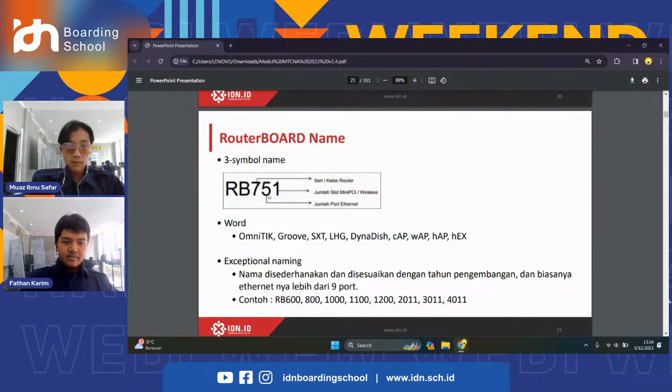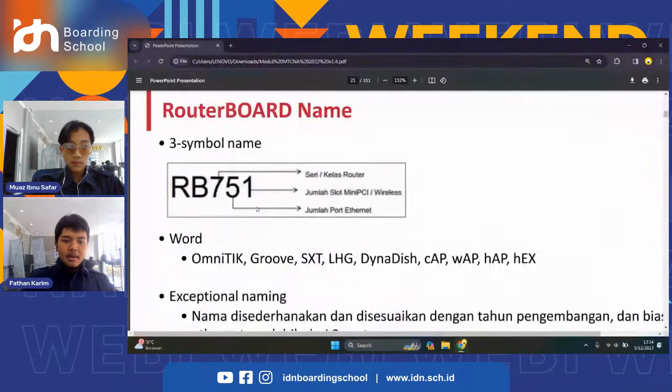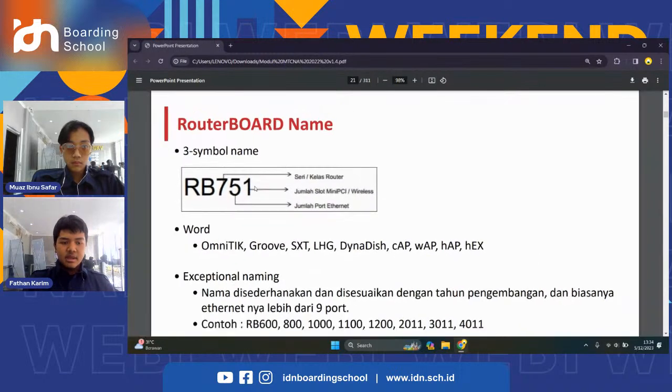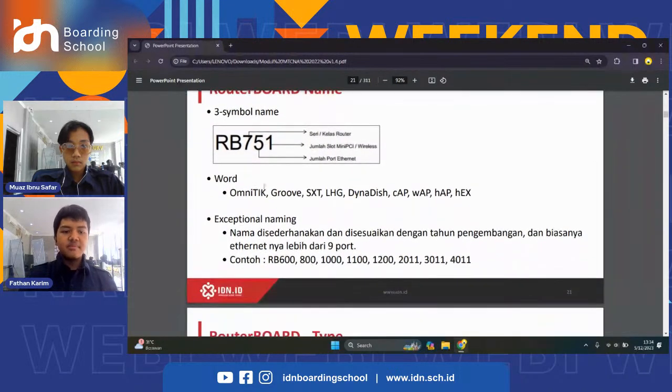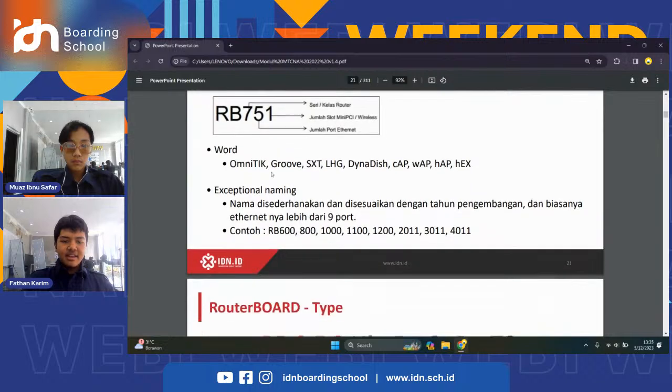The number 5 is the number of Ethernet ports, and the number 1 is the wireless interface applied on the router. This is an example of the model names used for MikroTik products like the hAP or hEX.